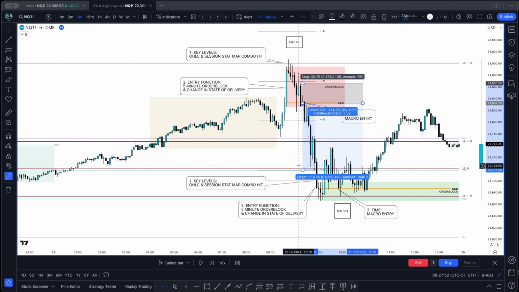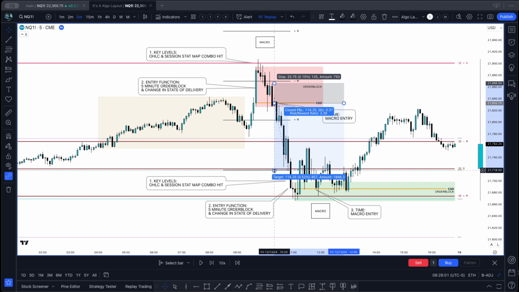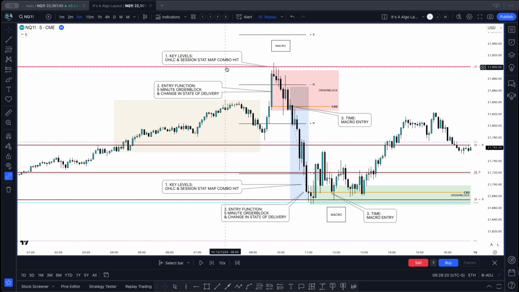Right under there, we have the session distribution minus level, that's 114. And then we can see the market go to the final OHLC level at the daily plus manipulation for a full $158 move on NQ. So as you can see, we have the 1, 2, 3, and the 4 would be targeting opposing stat map